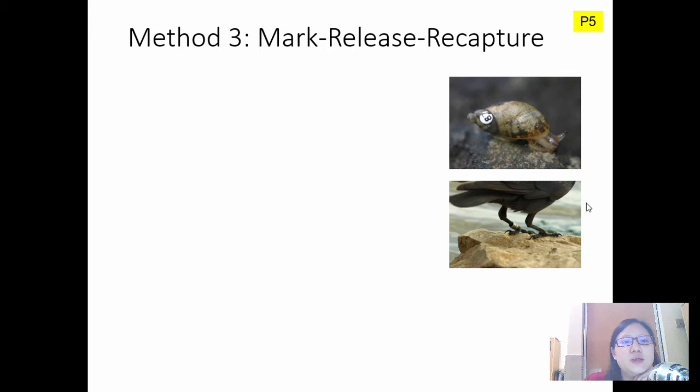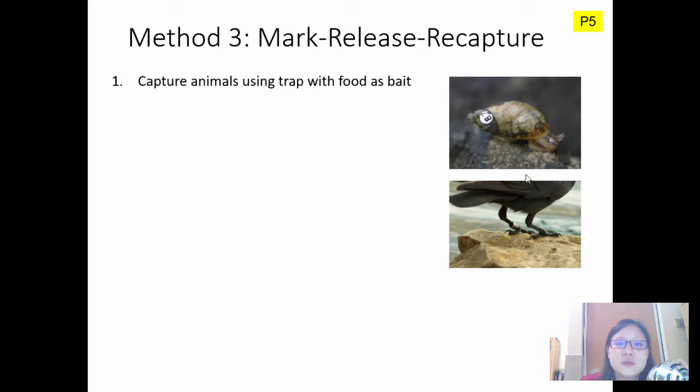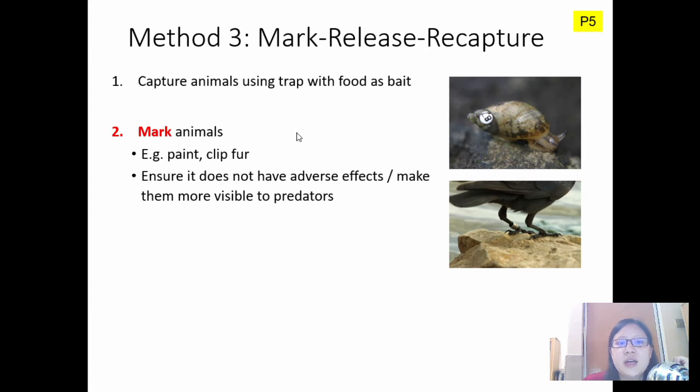So let's go to method number 3, which is a mark, release, recapture. This method is not for small plants. It is not for small non-mobile animals. It is more for stuff that moves around. So the idea is you first capture using a trap, with food as bait maybe, okay, and then you mark